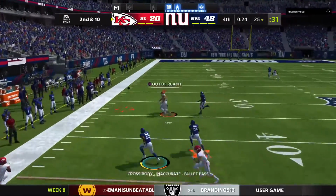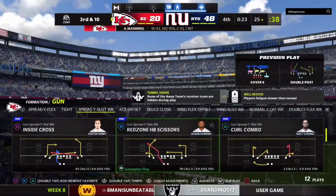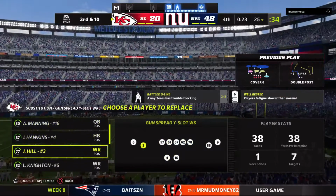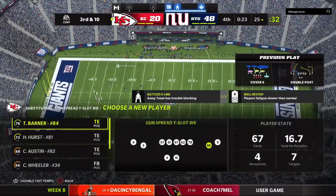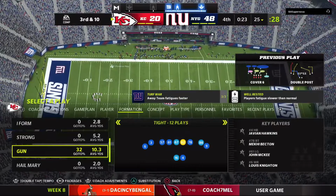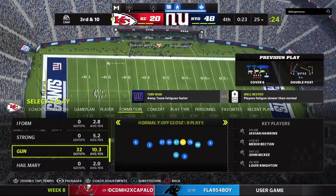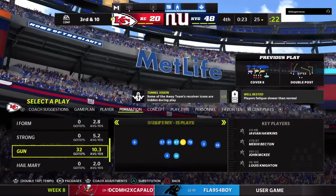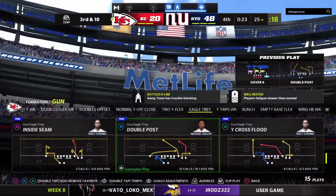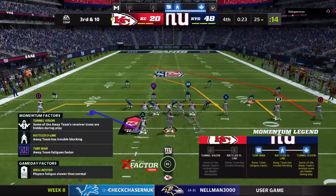Steps away to his left. And incomplete on the deep ball. This defense was definitely alert to the possibility of the deep ball, and they were more than ready for it. They've got the lead, fourth quarter. Maybe can expect more passes like that downfield. So back-to-back incompletions, and that has them staring at a 3rd and